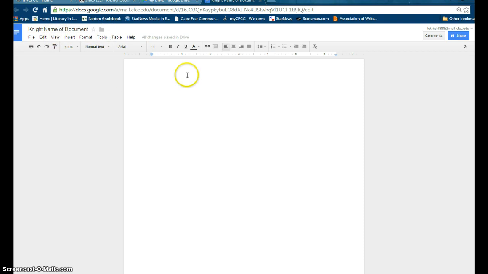So now I've named it. Now I can start typing. I'm just going to do gobbledygook. I was just going to show you, you'll see here it says all changes saved. I never have to even click a save button. I don't have to worry about a flash drive or where I've saved my document. Everything is right here. So let's say that this is a document and I want to submit it